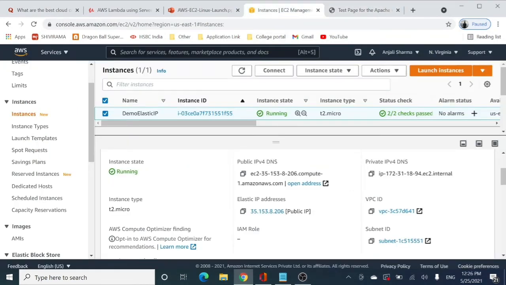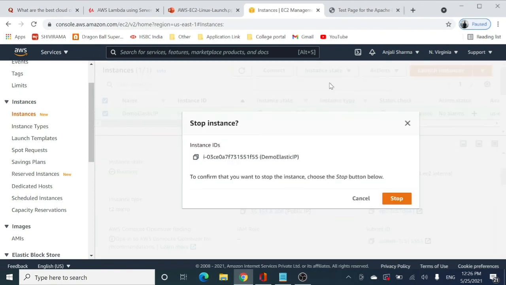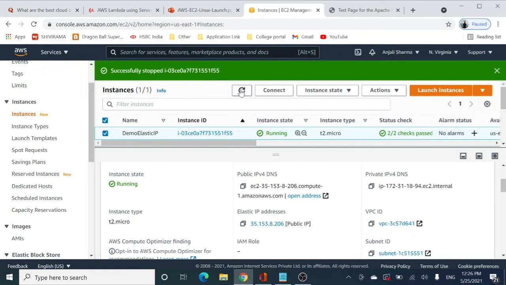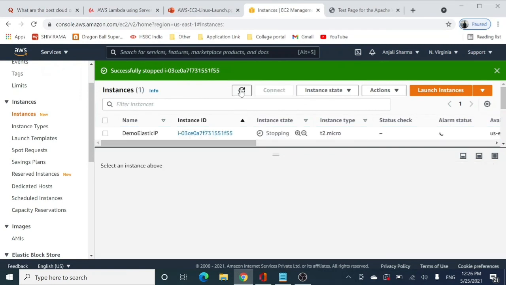Now I am again going to stop this EC2 instance. The EC2 instance is now being stopped. After some time, as we have seen, our public IP should vanish, but we should have retained our elastic IP. So let us see. Now the instance is stopping.